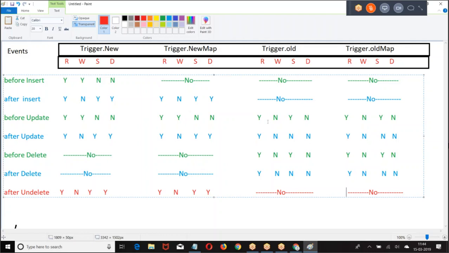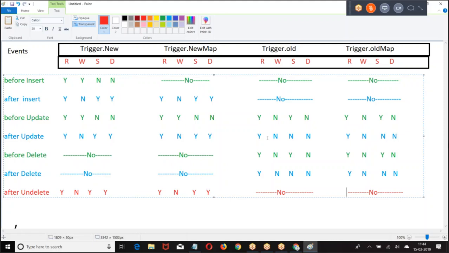For trigger.old, the data has already been modified, so there are no changes we can perform on trigger.old.